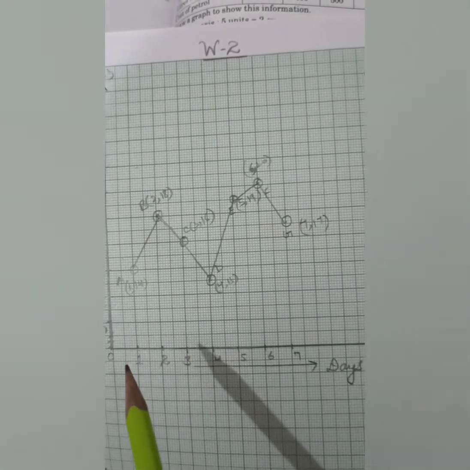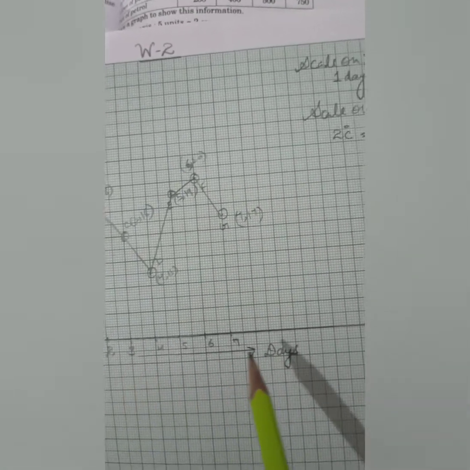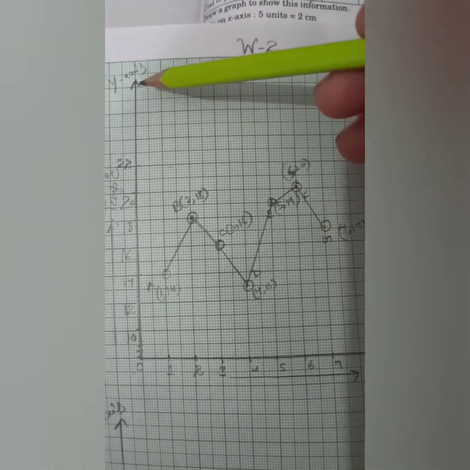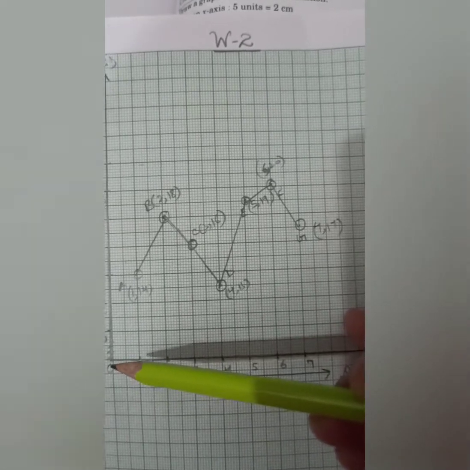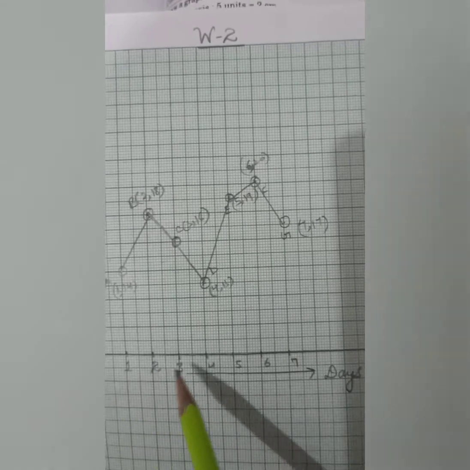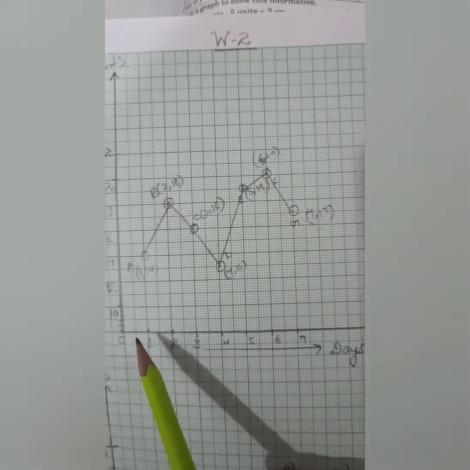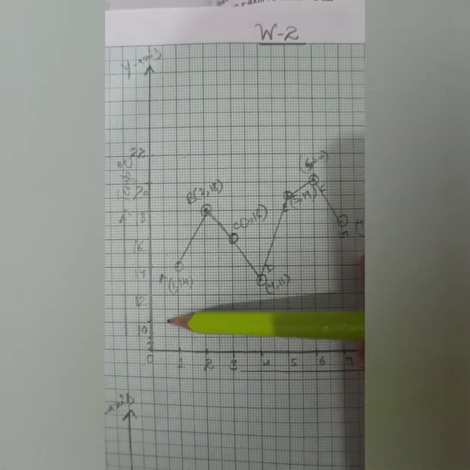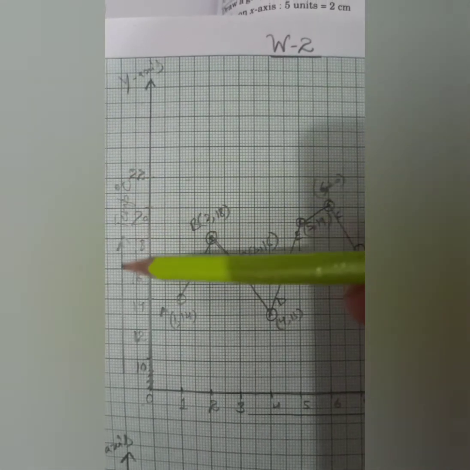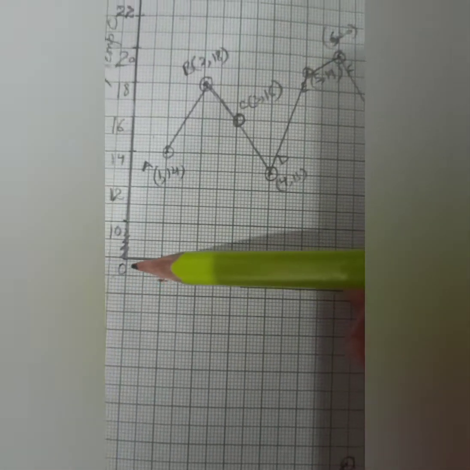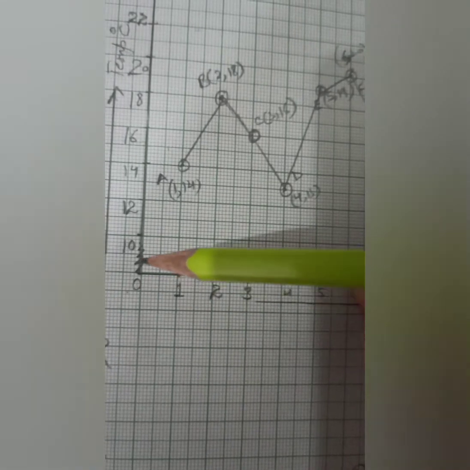So first of all, take the x-axis as your horizontal line, and the vertical line is your y-axis. Dear children, along the x-axis we are taking the number of days as 1, 2, 3, 4, 5, 6 and 7, right? And on the y-axis we have to take the temperature in degrees Celsius, right? So dear children, I am going to show a kink here. Why have I shown a kink here?